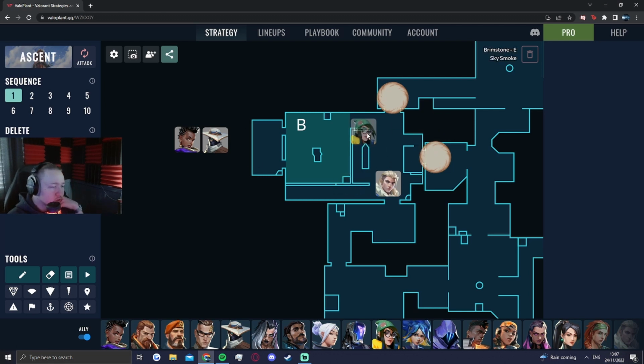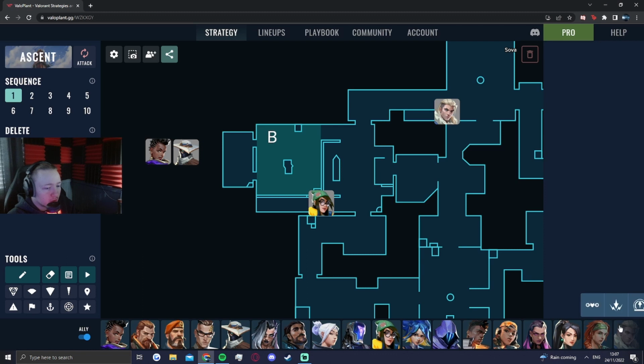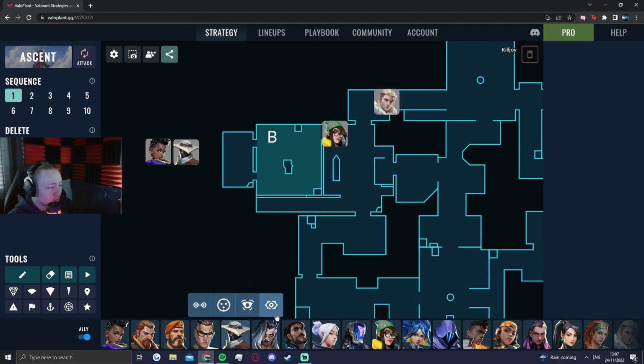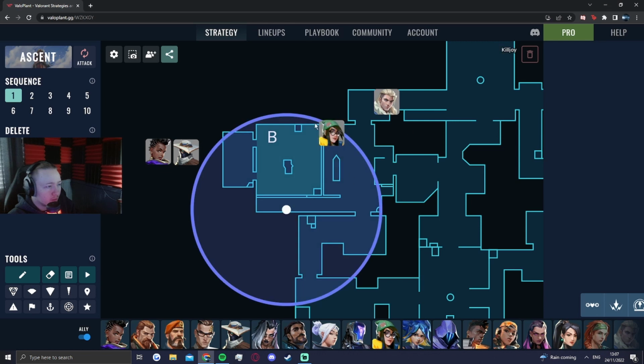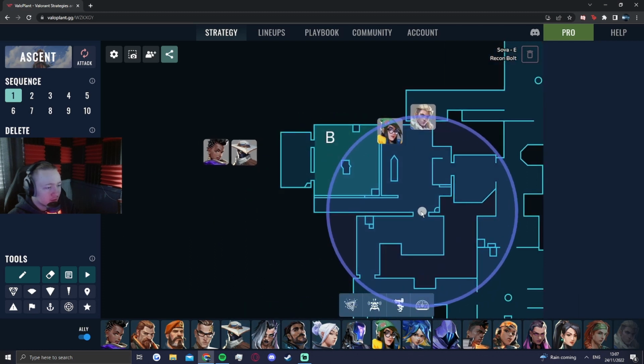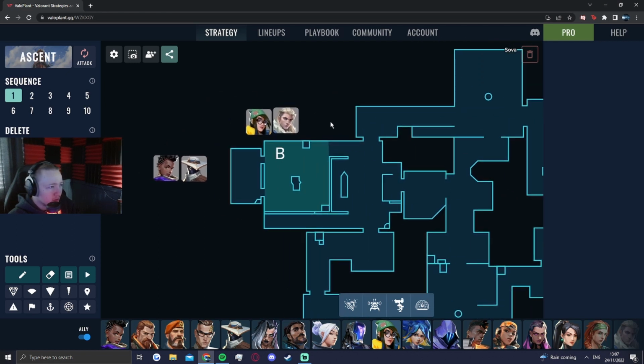So if Killjoy is anchoring B, sometimes you might have a Sova in CT that's been watching mid. Maybe he droned mid early on because he wanted mid information, or has been playing mid a lot. And then he comes back here and waits for your setup to go off, and then he's going to arrow over here somewhere and try and play with the Killjoy from stairs, spraying through the smoke as well. I like the setup. Maybe the Killjoy has a nanoswarm setup, so when this setup goes off, he actually arrows over here instead. So plenty of ways to play with each other